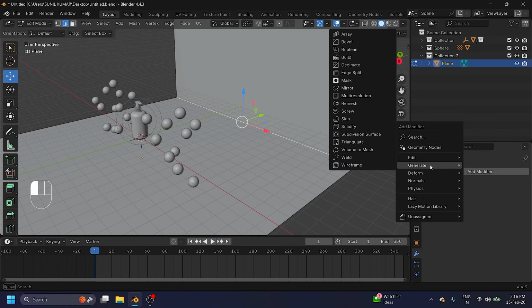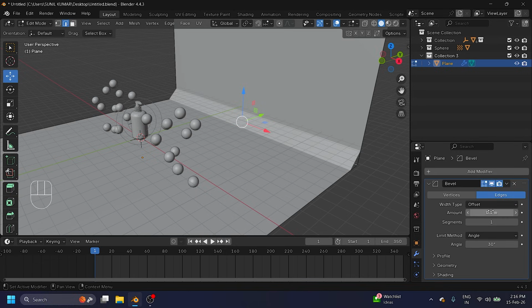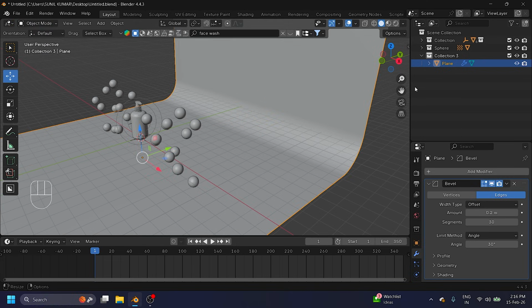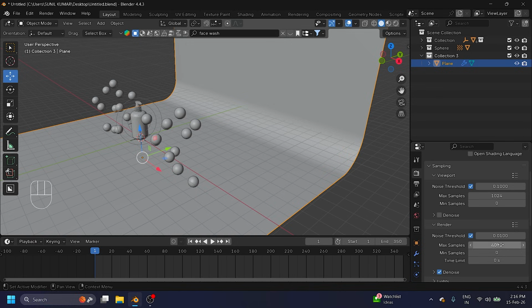This one, generate bevel, check, and bevel amount 0.2, enter, and segments like 30.